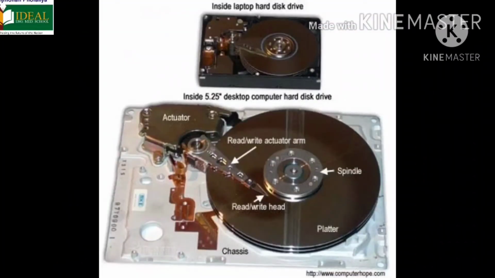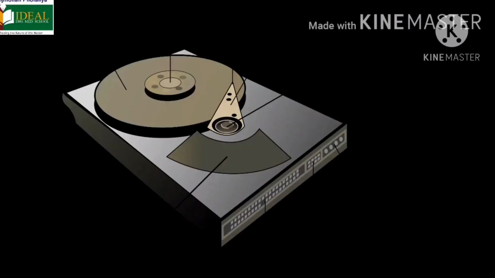We'll see the hard disk in detail. The hard disk is a small magnetic disk enclosed in a sealed box called a hard drive. The hard drive is inside the CPU box and a computer can read from or write on the hard disk. The hard disk stores all the information on a magnetic area, and so information stored in the hard disk will not be erased even if there is an interruption in the power supply or if the computer is switched off. Hence, the hard disk is a permanent storage device.